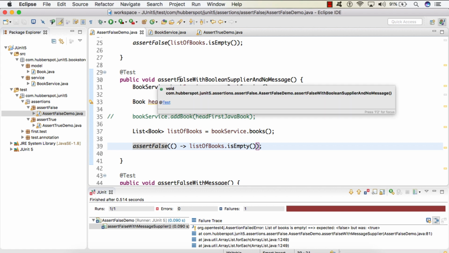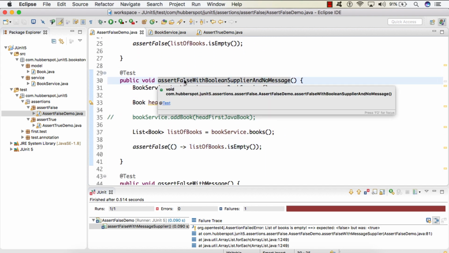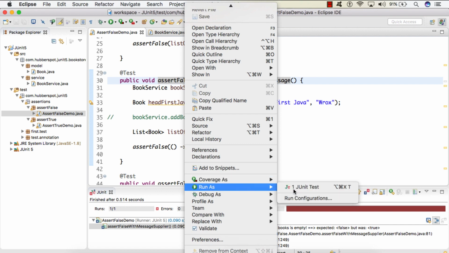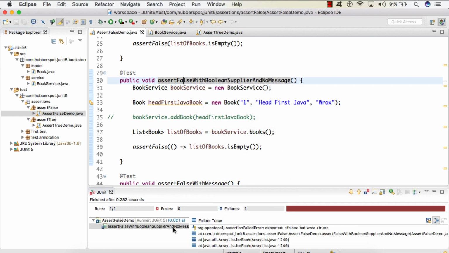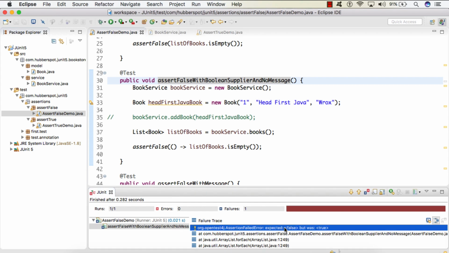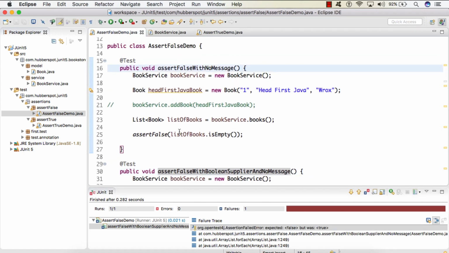So it works exactly what we saw here. So if I run this, so here you can see the test case got failed and the output was exactly the same which we saw in the first overloaded method.